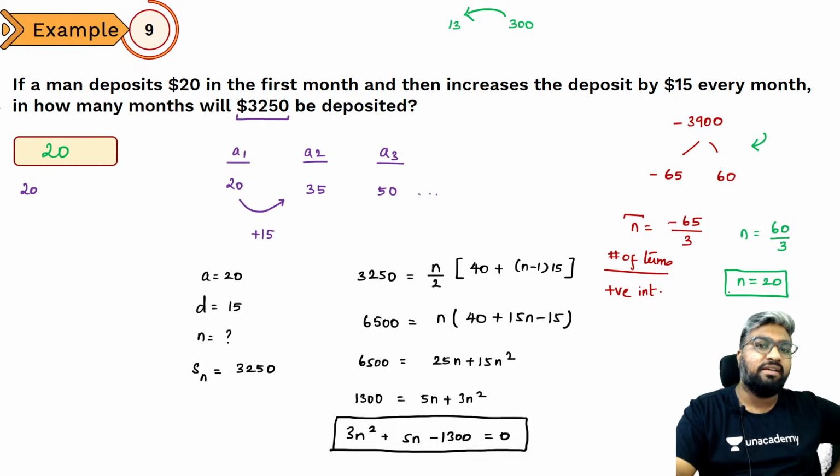Yes, so I took a 5. यहाँ से 5 निकाल के इसको दिया. 13 into 5 is 65. 300 by 5 is 60. दोनों में कितने का डिफरेंस? 5 का डिफरेंस. ओके,